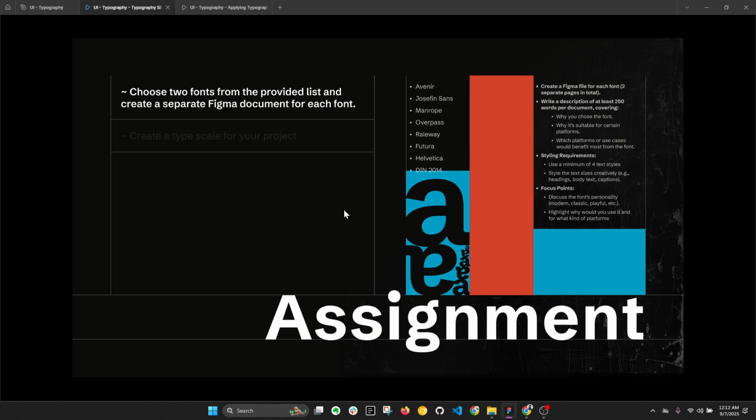So now you should choose two fonts from this provided list. So we have this list, and create a separate Figma document for each font. Maybe different pages. So what should be in that? Here is the description of the assignment, by the way. So what you have to do is,